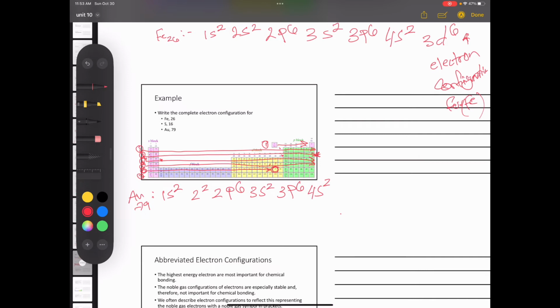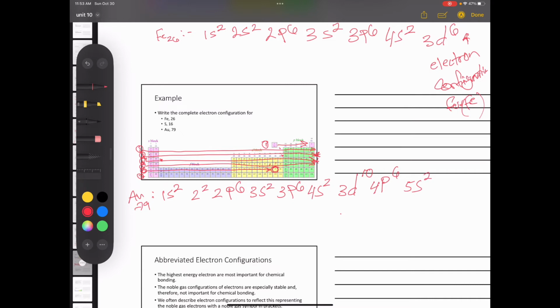What comes after the 4s is the 3d block, or the 3d suborbital. So 3d, but as you see here, the 3d is full with electrons because we're traveling all the way to the end of this period in the periodic table. So this will be 3d10. What comes after the 3d? This will be the 4p. Is it full with electrons? Yes, it is full with electrons. 4p6, all the way to the end of this one. So next I have the 5s,